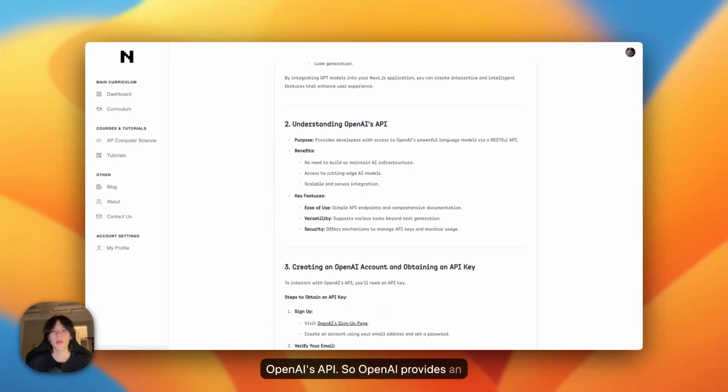OpenAI provides an API for developers that allows them to access those GPT models, and the API is simple to use and integrates seamlessly with server-side code, making it perfect for Next.js applications. Some of the key features and benefits include: there's no need to build or maintain AI infrastructure. It gives access to cutting-edge AI models such as GPT-4o, which stands for GPT-4 Omni, DALL-E for image generation, and even voice assistants. It is also very scalable and provides secure integration, so it offers mechanisms to secure your API keys